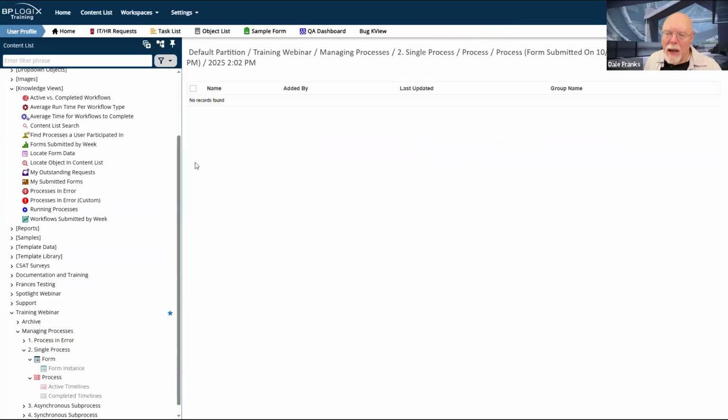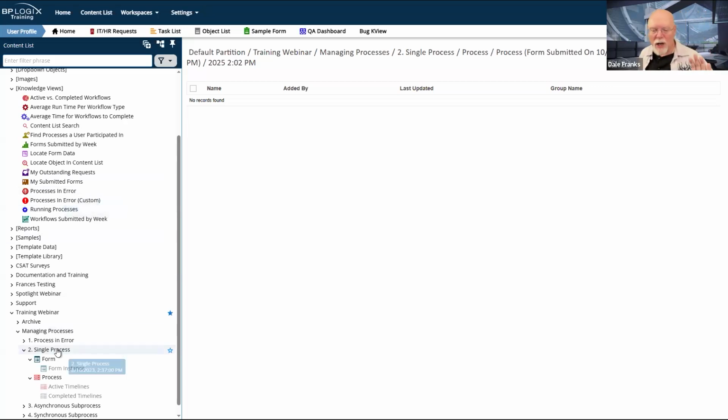So it just makes administering a given process timeline, especially one that has attachments, way more tedious if I have to go through the form to find all my attachments. Sure, there are some things that are easier to do just in terms of quick configuration if you attach things to the form, but from a management perspective, as the process manager, it makes your life a little more difficult, especially if you're dealing with a lot of attachments, to have to go to the form instance if I want to see the attachments and the timeline instance if I want to see other stuff.